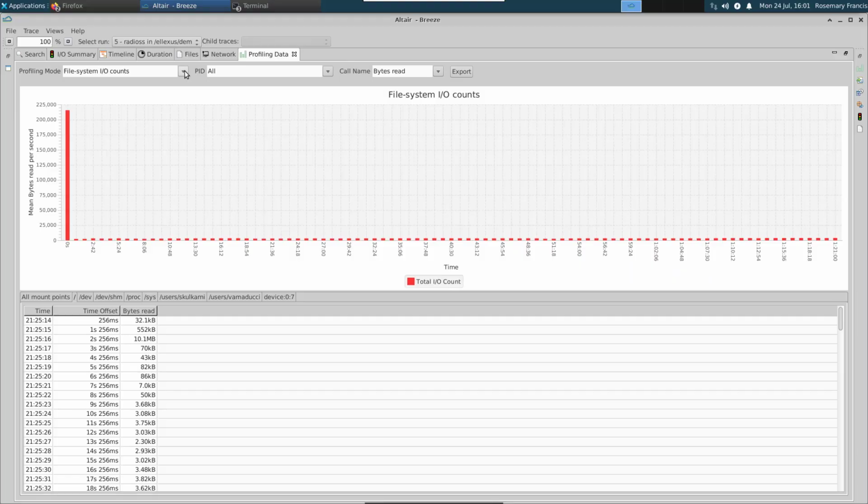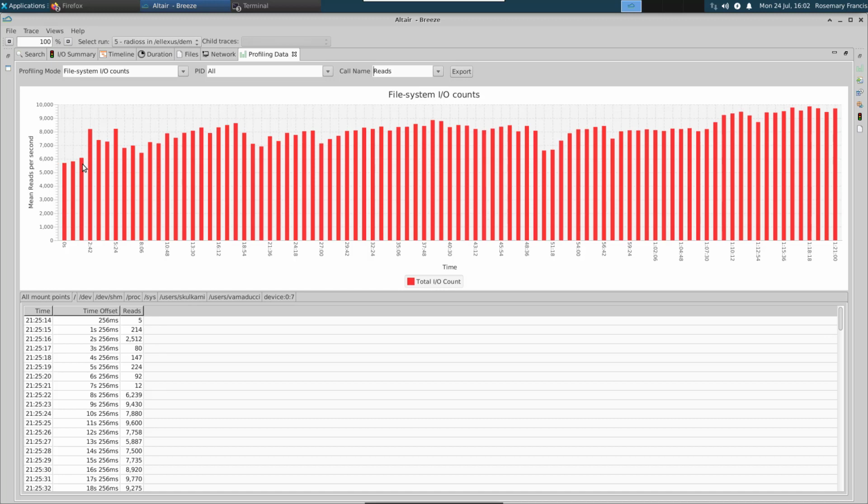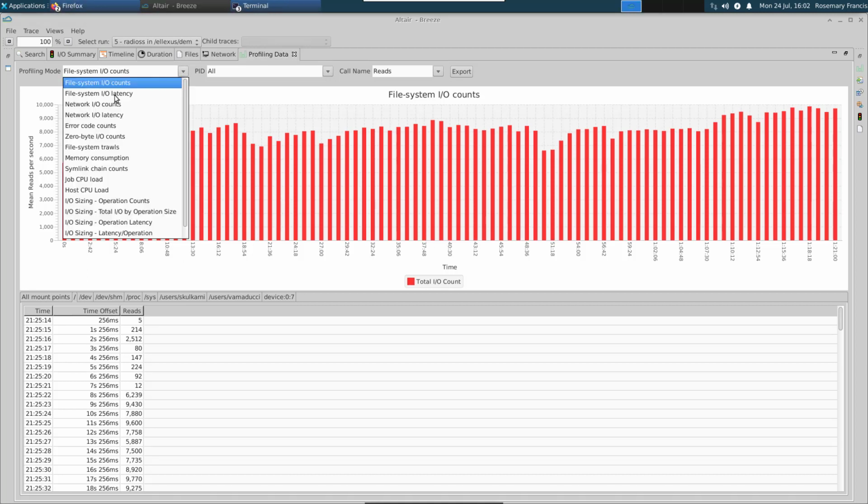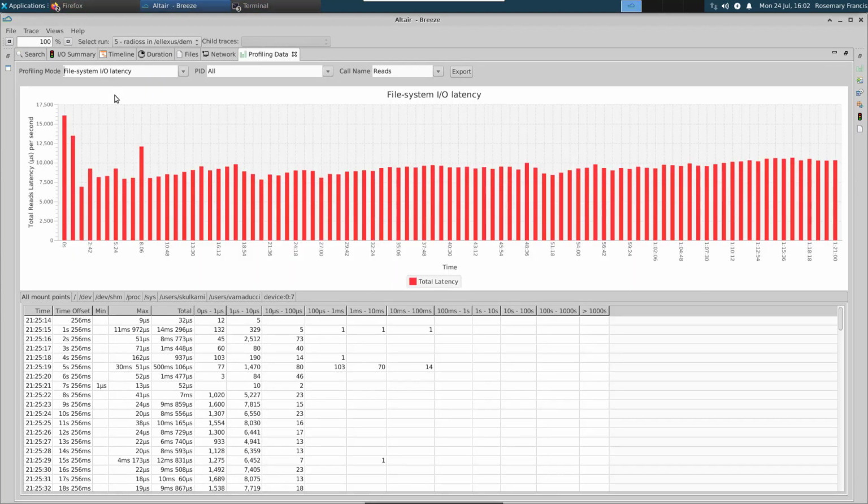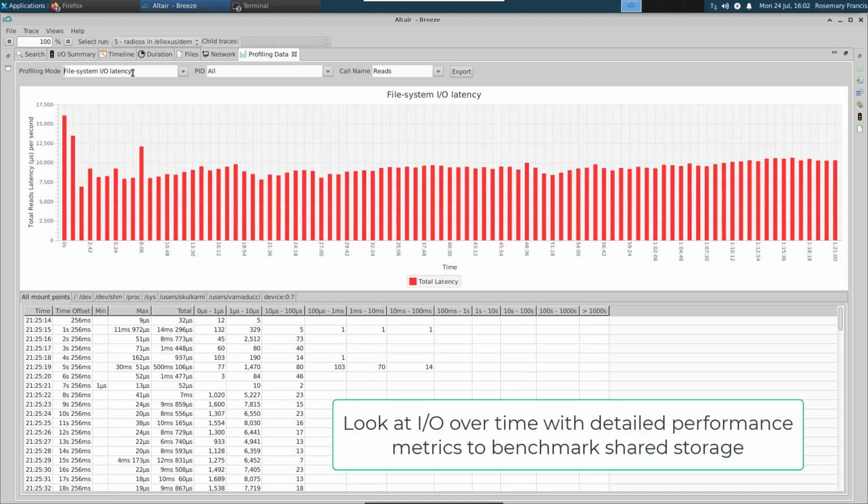Finally, let's take a look at the IO over time, looking at bytes read from the root file system. Most of the data is read right at the beginning, with a small amount of data read throughout. If we switch to read, the number of reads is consistent with what we saw, but we know that in fact most of these are reading a very small amount of data. If I was concerned with the performance of the file system, or if I was benchmarking a new file system, then I would be able to look at file system IO latency here. This histogram down at the bottom shows the minimum, maximum, and total amount of time spent doing IO,